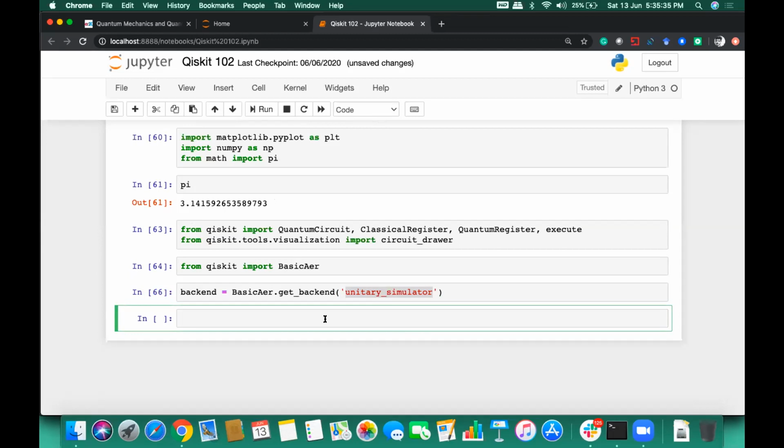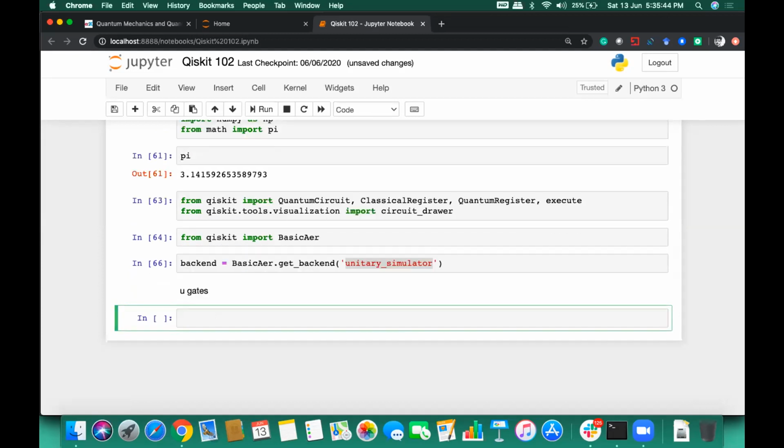Okay, so the very first gate which I'm going to cover for today is U-gates. It has three different types, U3, U2, and U1. So for calling U3, what we can do is, first let's create a quantum circuit with 1 qubit.